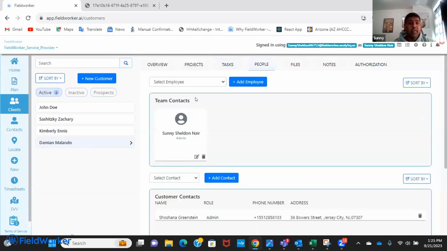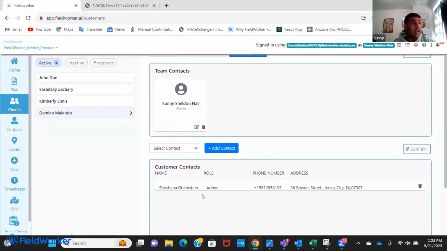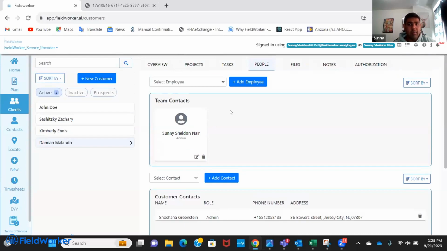Multiple employees being associated with a single client project gives them access to all the client information. So if there is an employee who is on call and filling in, once you have added them to the client record, they would have information of any previous tasks that have been completed or notes, based on which they can then schedule further tasks. Any contact, the parent information, the caseworker, even the sibling information for a client can be stored here, and this can be added in through the system and associated with multiple customers.